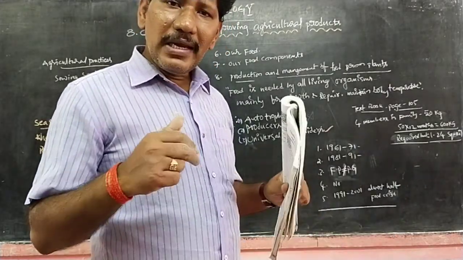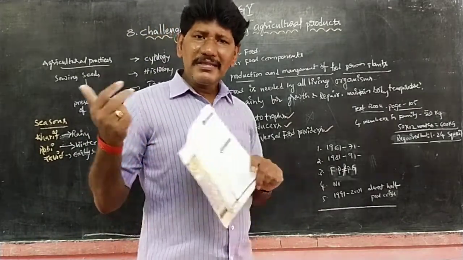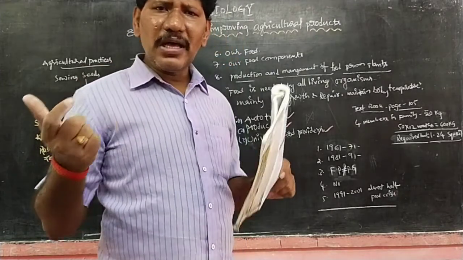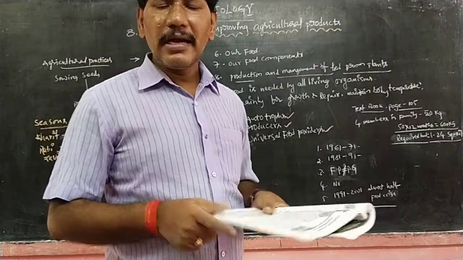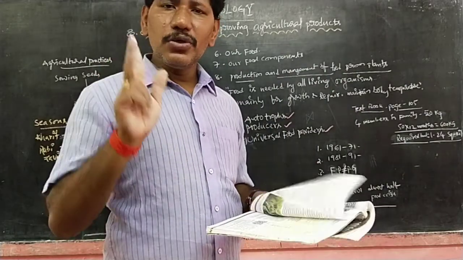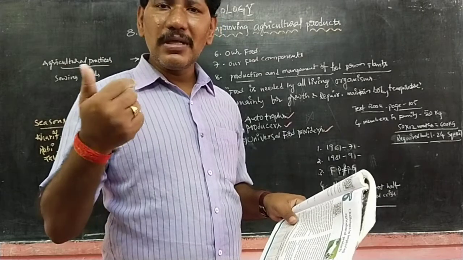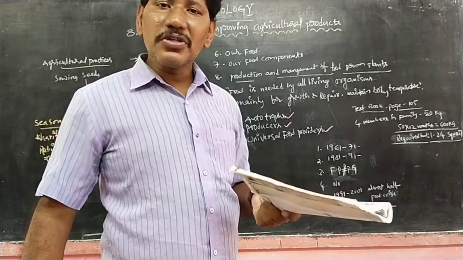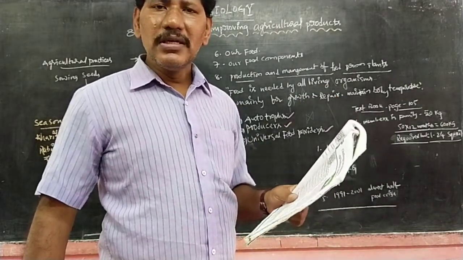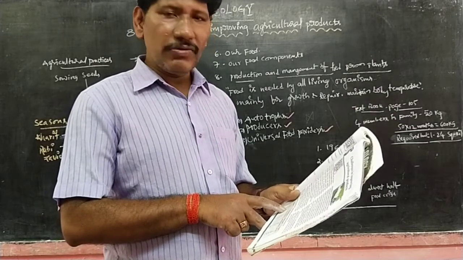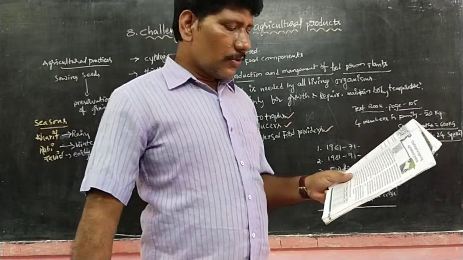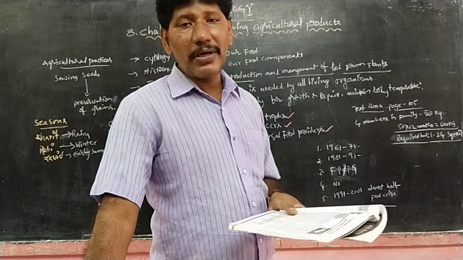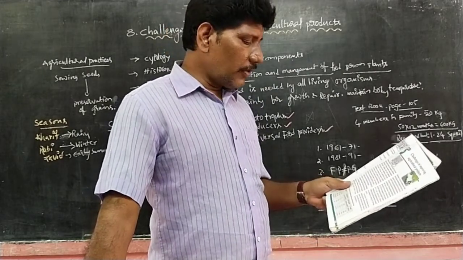But while the population growth was heavy, the majority of Indian people depended on agriculture. At present we have only 60%, but in those days 90% of the people depended upon agricultural occupation. So of course the population was heavy, and the food production was also more. So there was no food crisis in the decade 1961 to 71. Is it clear, children? So the ratio of food production and population growth is 1.18. Next, 1971-81.